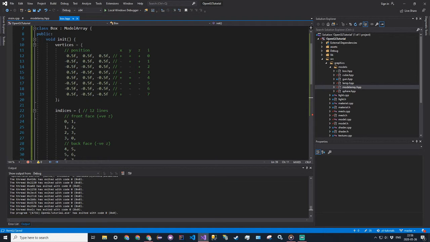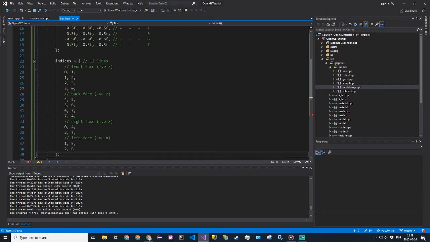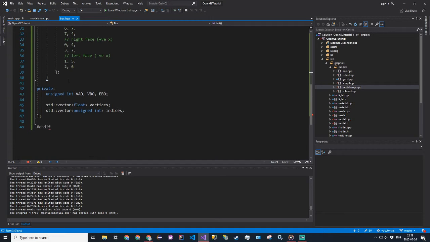So we can use EBOs there, but it would be pointless because we're just going to render each vertex in order. But now we can actually do it, and I just constructed these. You can look at the comments, these are just connecting each vertex. And I put them in pairs of 2 because when you render with GL lines, it actually just looks for